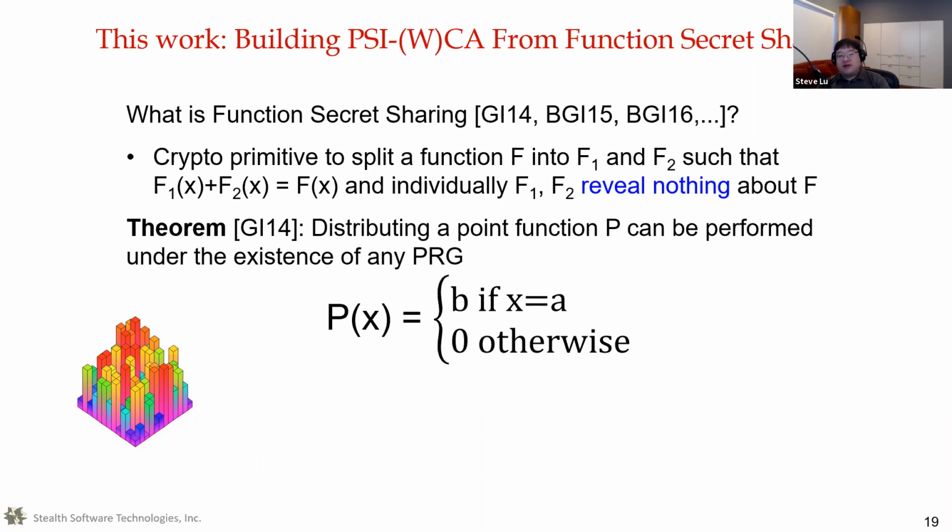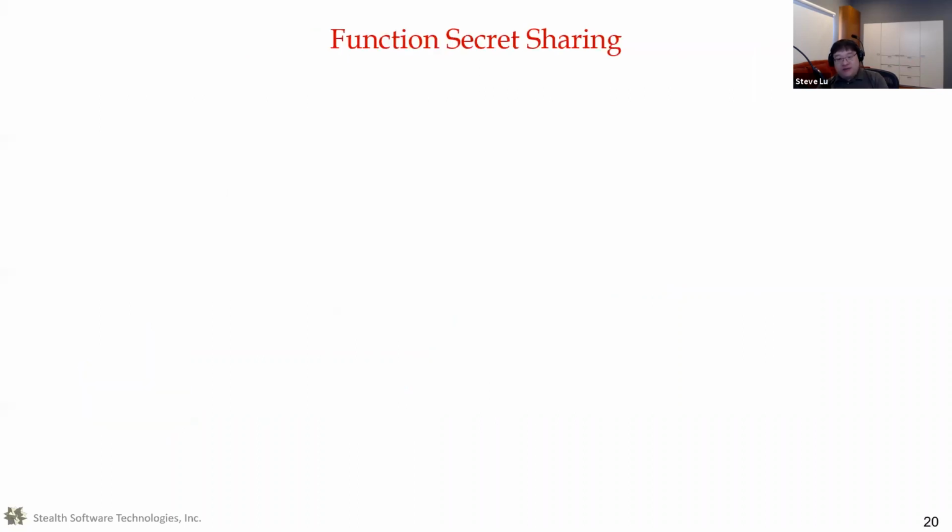And you can see how this can fit in for us. Because if you let A be the token and B be the weight, then you can transform a token on the client side into one of these point functions, and then you apply this function secret sharing to it. So in a bit more detail,